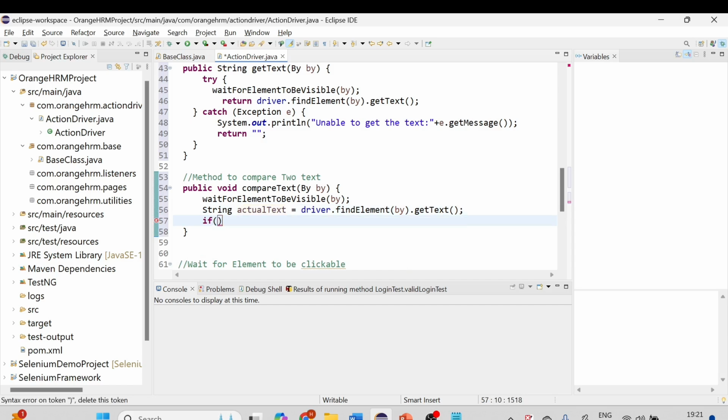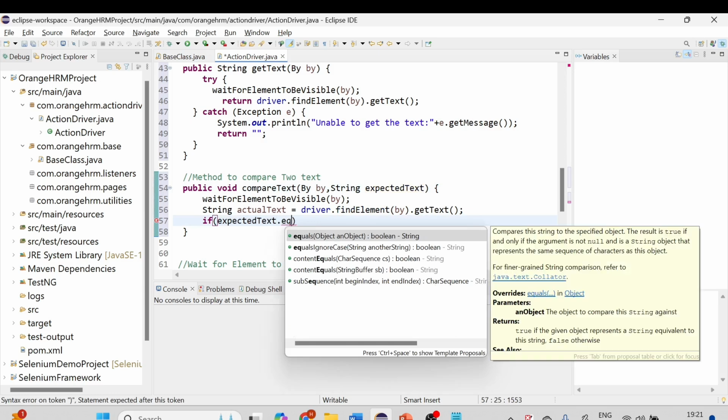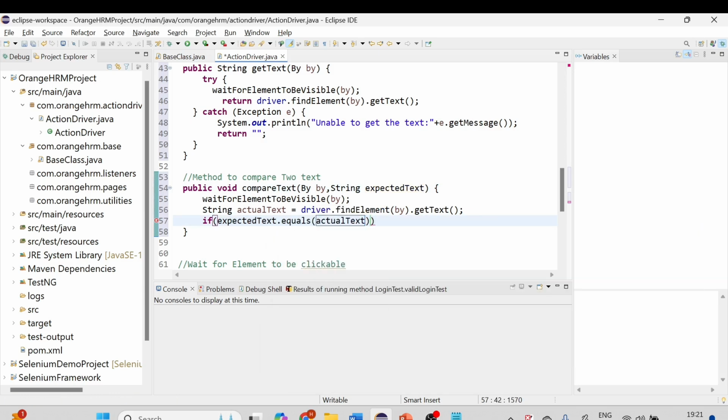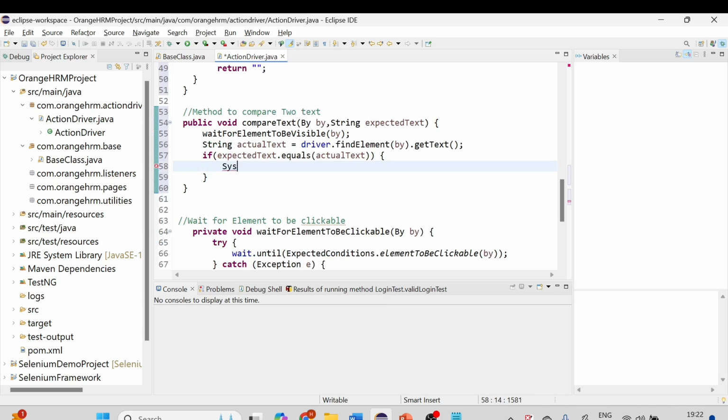If, and in this compareText we'll pass another parameter, expectedText, when we call this method. Correct, so that we can compare inside, and what we can write here: if expectedText equals actualText, then we can say text are matching, right? Text are matching, and simply we can